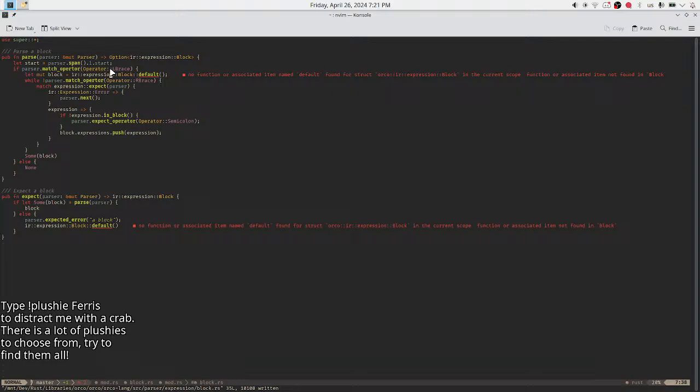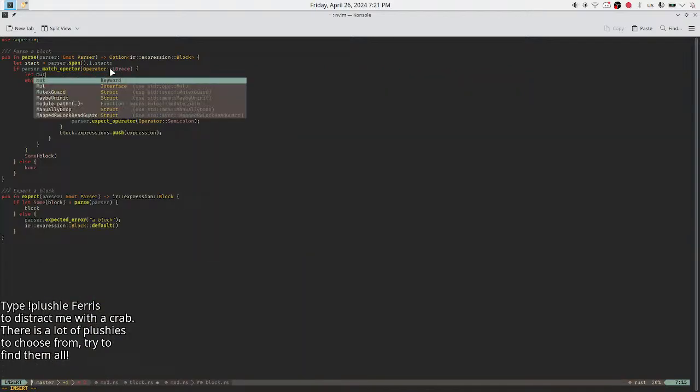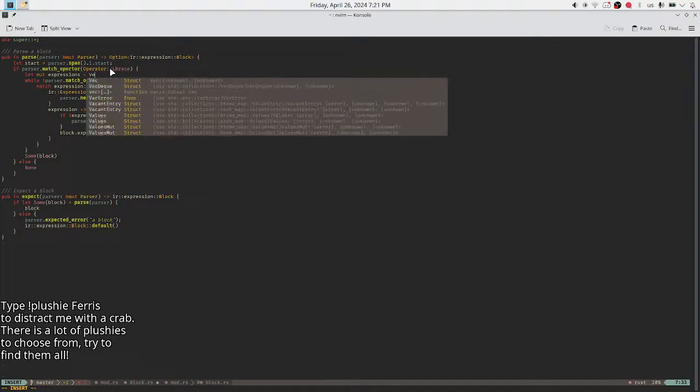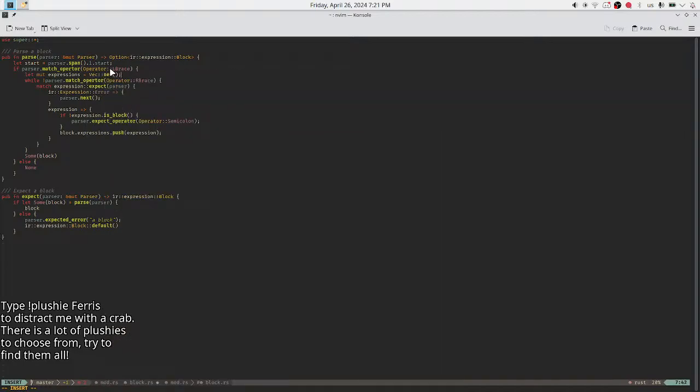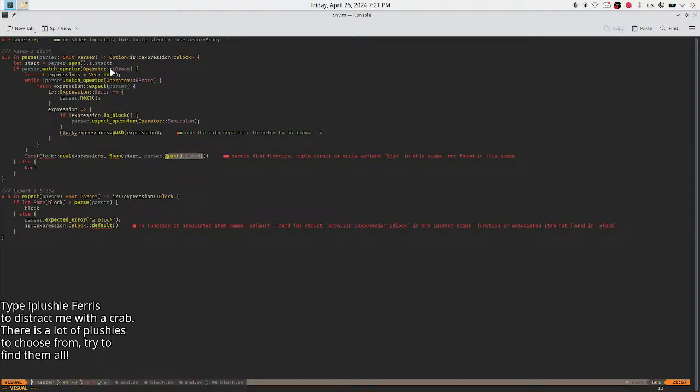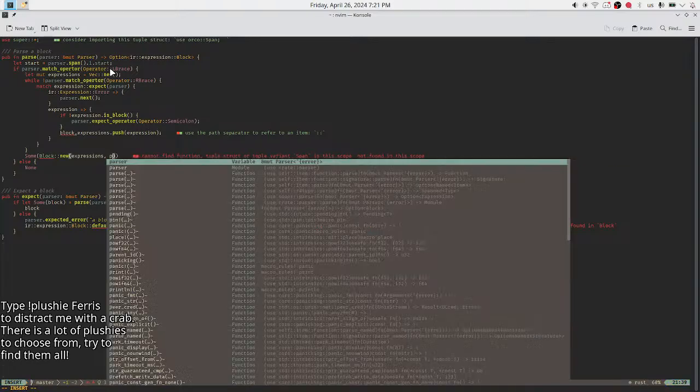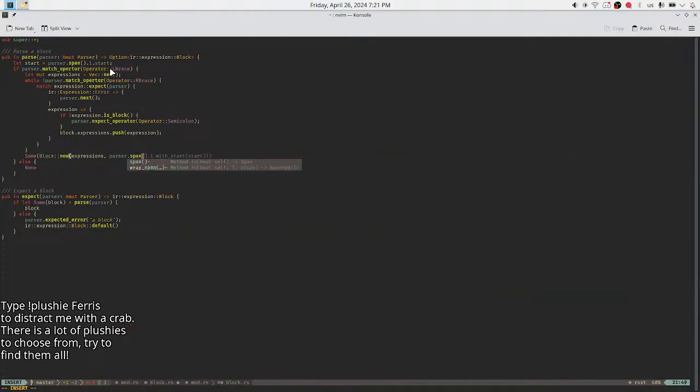Next we'll have not a block but let build expressions, which will be a vec new, and then here undo block new expressions, and this span is going to be generated using my parser's method wrap span.